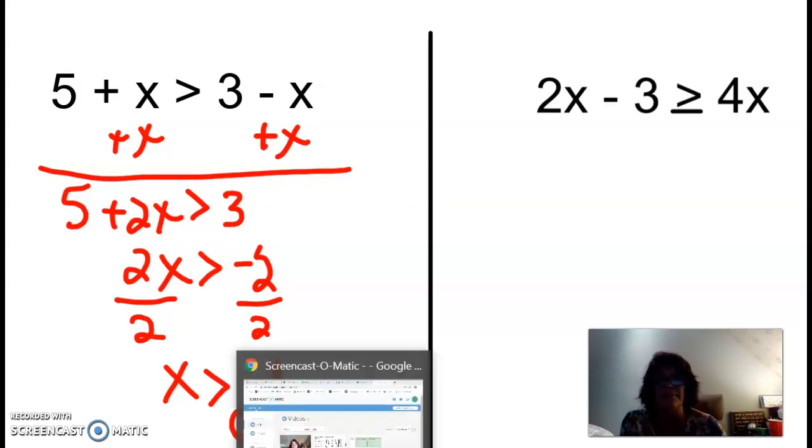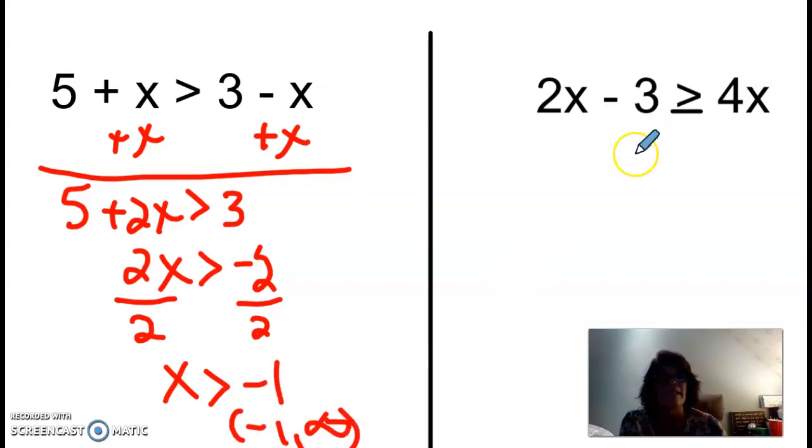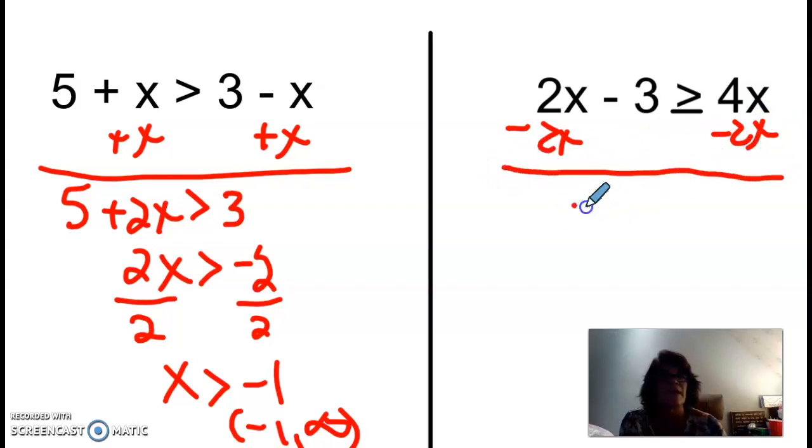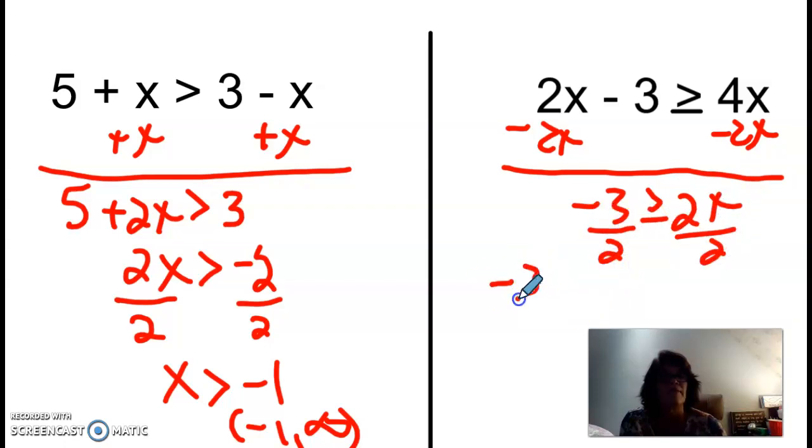-1 to infinity. In this case, I would probably subtract 2x. Maybe you would subtract 4x. It's up to you. I get -3 is greater than or equal to 2x. And now I'm going to divide by a +2, and I have -3/2 greater than or equal to x. That's awkward when the x is on the right, okay? We like interval notation. We go with